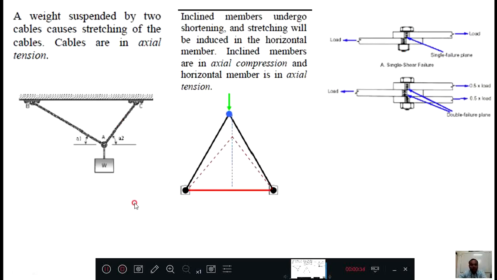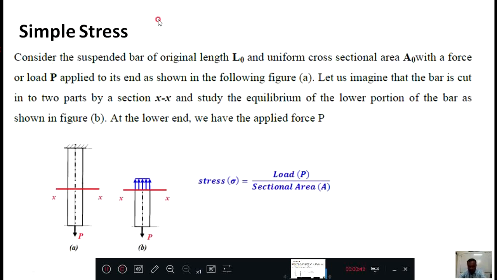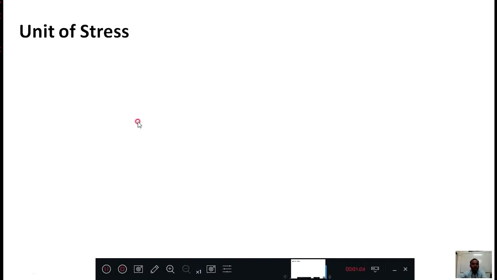And many problems such as hanging with a rope, and then some trusses, some bars, this structure, and bolt and nut system, and cantilever beams, twists, columns, buckles. These all things we studied in the last class. And after that, simple stresses: what is the meaning of stress and how it will be represented in the bar, that formula also we studied. And what is the unit of the stress? Newton per mm square, or MPa, is commonly used in strength of materials. This we studied in the last class.